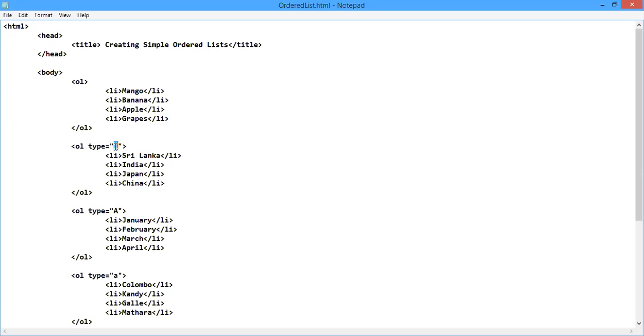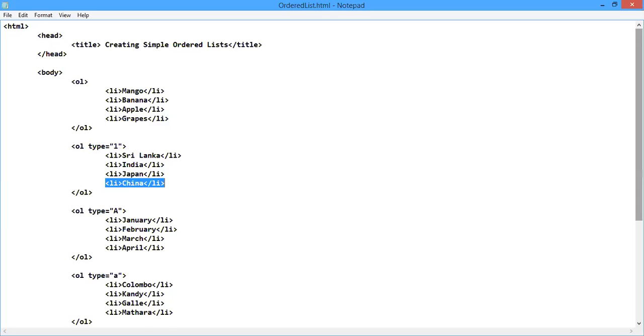So here, since I have set the value to the normal number system, number 1, the first list item takes 1, then 2, 3, 4, and likewise it will increment automatically by the web browser.